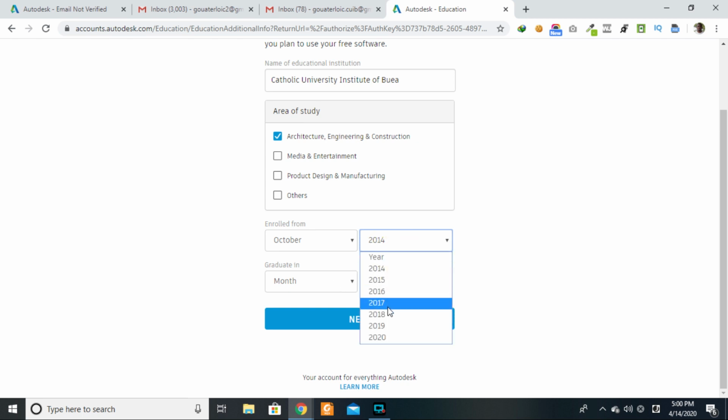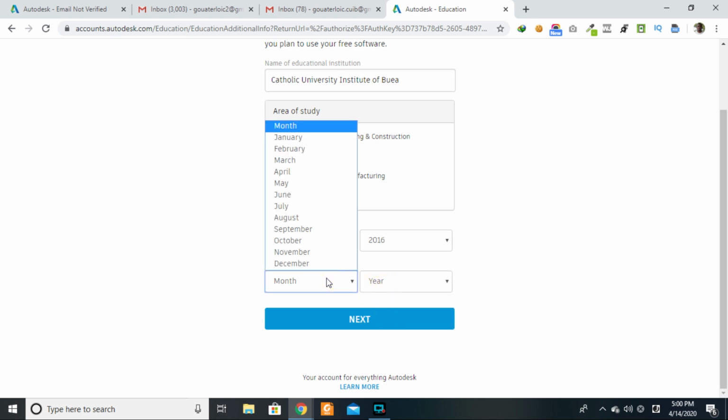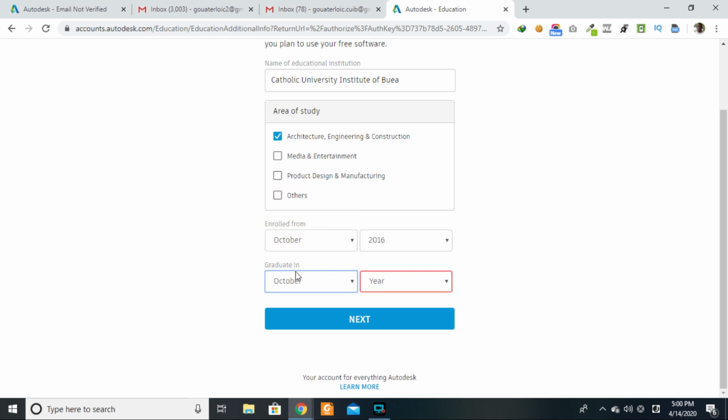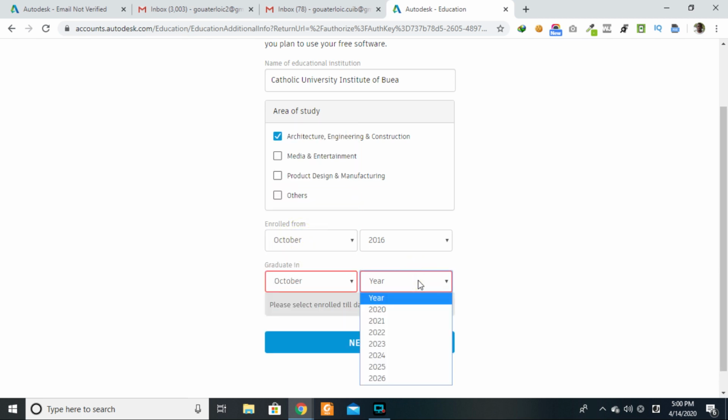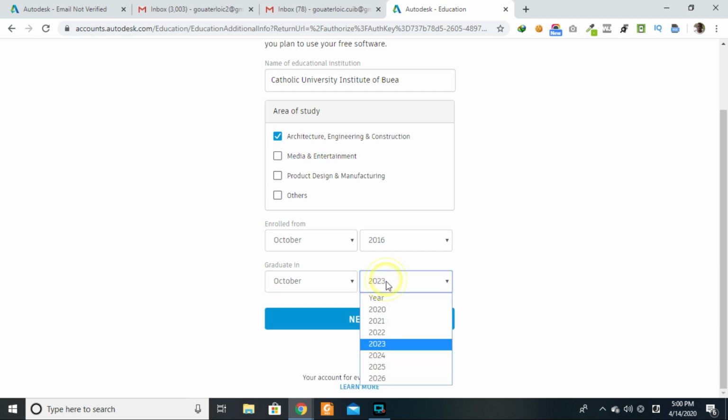2000 and what was that? 16. And where is that? When am I graduating? Graduating in 2000 and why is there not more? Okay, from 2020 upwards, I'll graduate in 2023. So ideally,